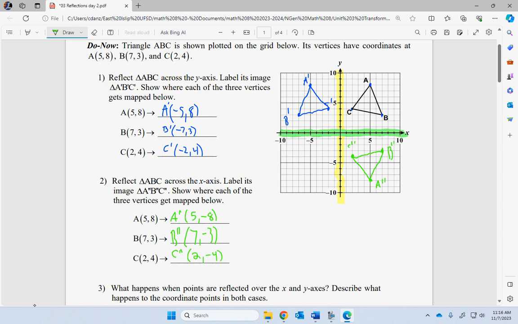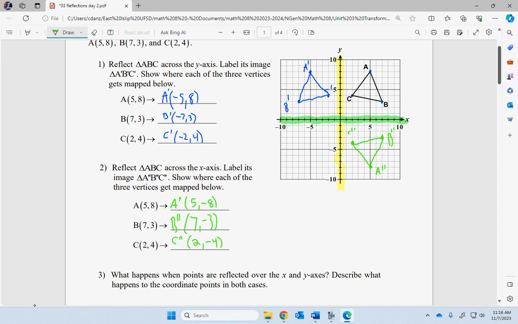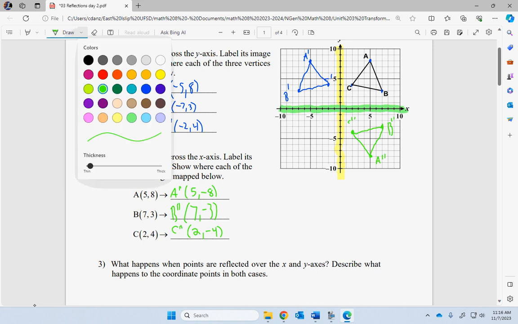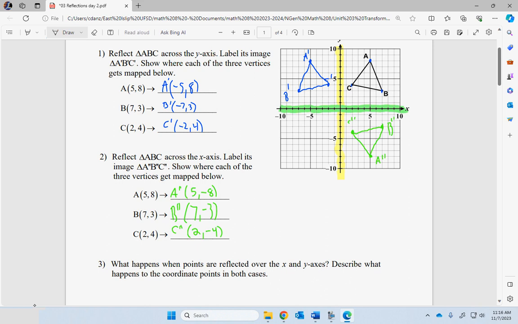So then number 3 is an interesting question. What happens when the points are reflected over the x and y axis? Describe what happens to the coordinate points in both cases. So they're actually asking you about the numbers that I wrote down. Did you